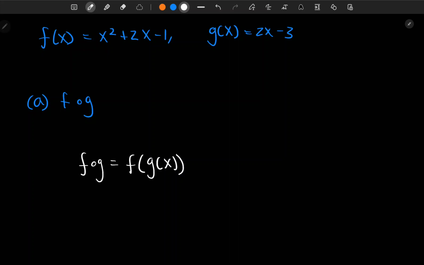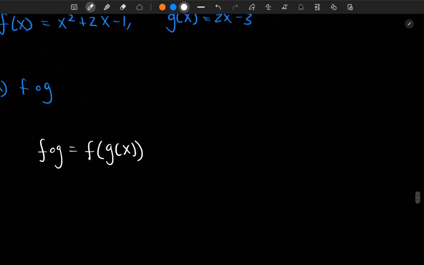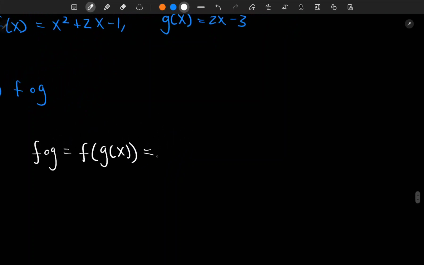That's the way function composition works. So here, that would mean this composition is equal to 2x minus 3 squared, because it's x squared, and x here is really g of x, plus 2 times 2x minus 3